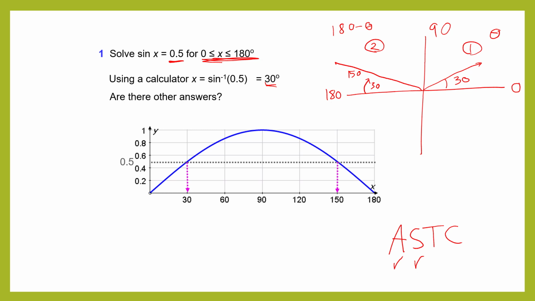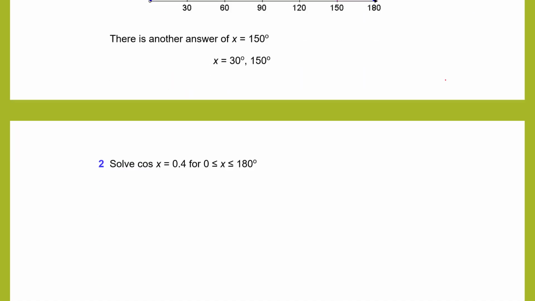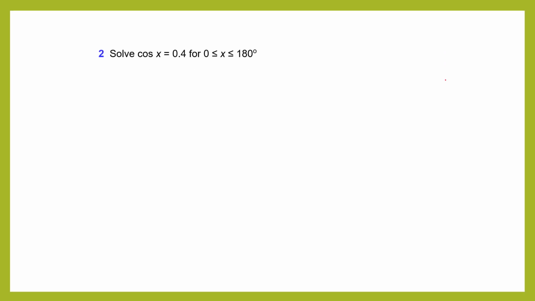You can make sure by using the calculator to find the sine of 30. The sine of 30 is half. The sine of 150 is half as well. Let's see one more example. If I have cosine x equals 0.4 and the angle is included between 0 and 180, what should we do